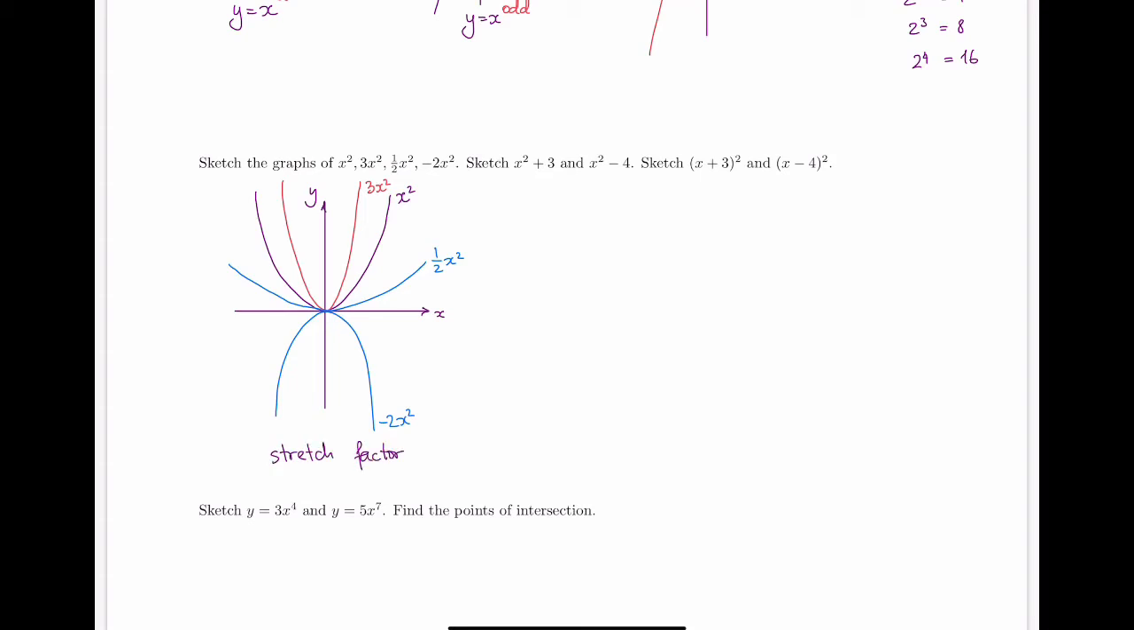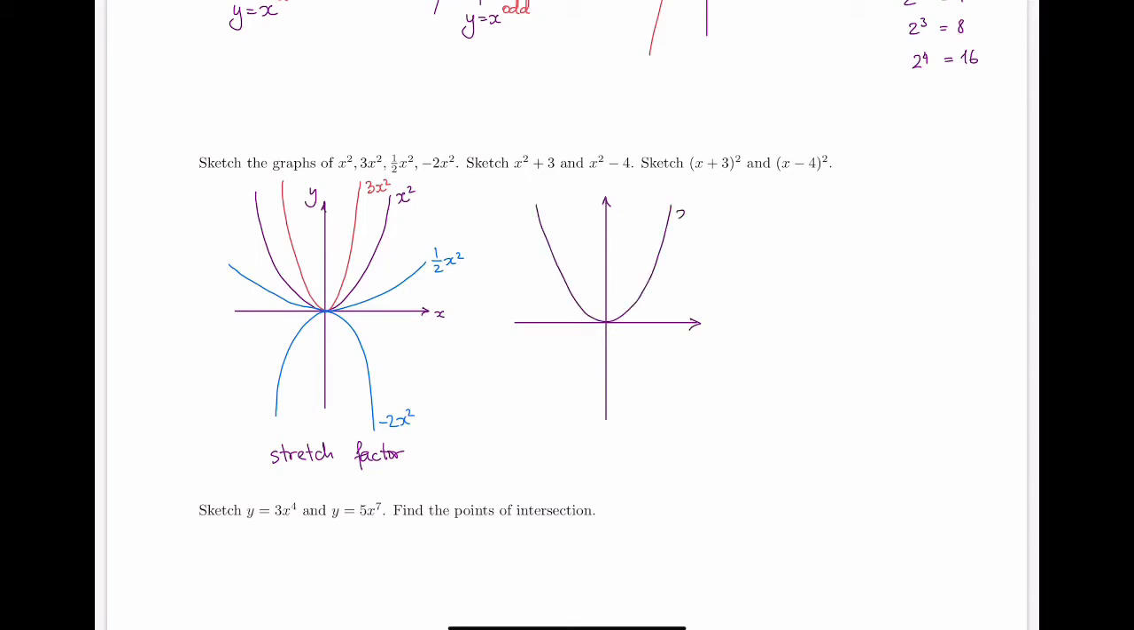Okay, what if we now take a look at these two graphs? x squared plus 3, x squared minus 4. Notice that the plus 3 occurs outside of x squared here, which means that x's are not really affected by it. Whatever the shape of x squared was, we're now just adding plus 3 to it on the outside. So this means that the plus 3 and minus 4 in this case simply correspond to a vertical